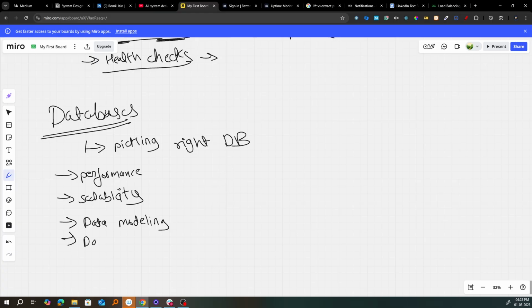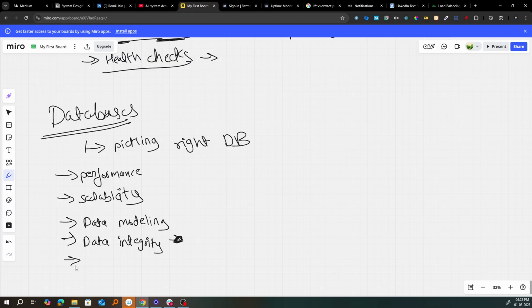Now comes data integrity. What is data integrity? Different databases have different capabilities for maintaining data integrity, such as enforcing constraints, and can have multiple different levels of data security, right? So if you want your data to be secure, you can use the type of database which makes sure your data is secure from attacks or whatever, right?